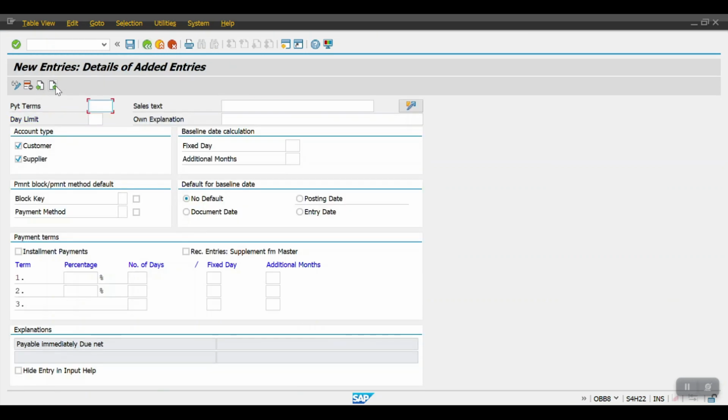and go back, click on new entries again, 3, document date, here I am mentioning 90 days, and then here mention the 90, hit enter and save, and again come back, 04, installment payment term, select this one here, and then select the default baseline date, this one, and here we can mention 30, 60, 90,